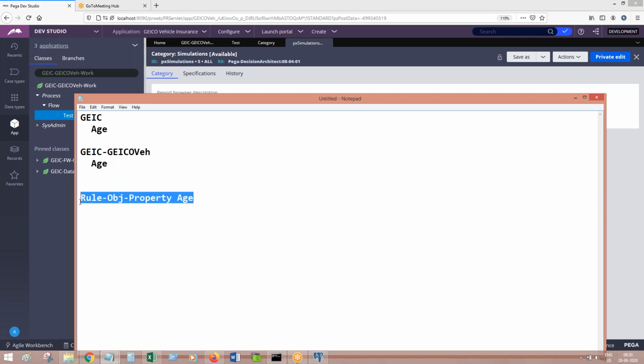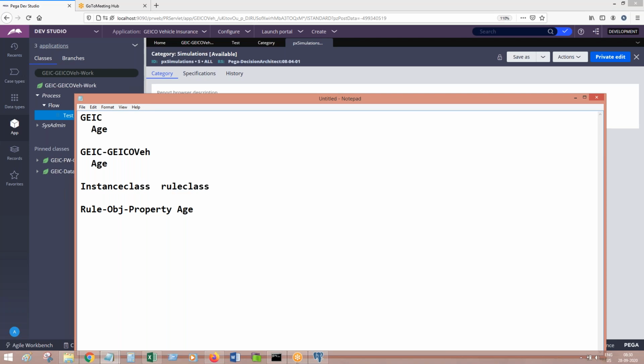Is it okay if you have the same pzInsKey for two different properties in two different classes? No, right? Primary key should not be duplicated. So the combination of two parameters, instance class space class key, is okay for work objects, but it is not okay in case of rules. A rule with the same name can be available in multiple classes. Now I will add one more parameter: for rules, pzInsKey is instance class, rule class, class key.